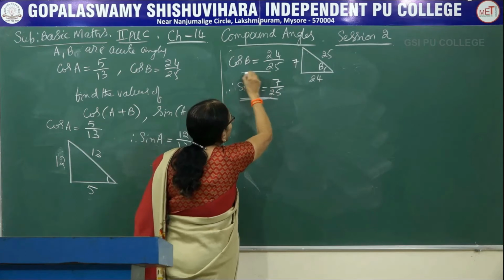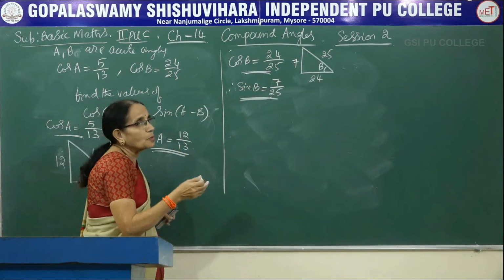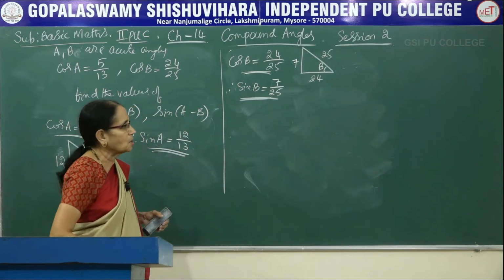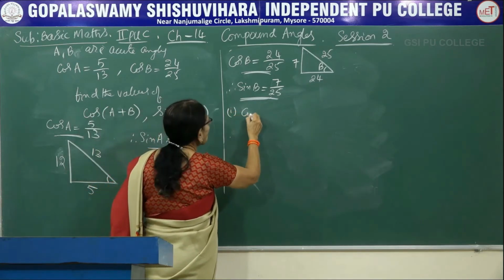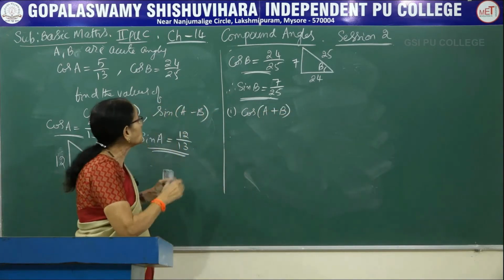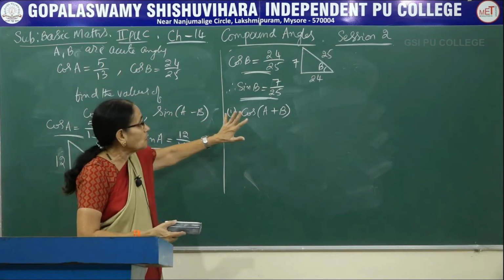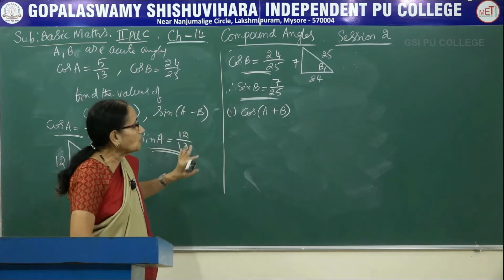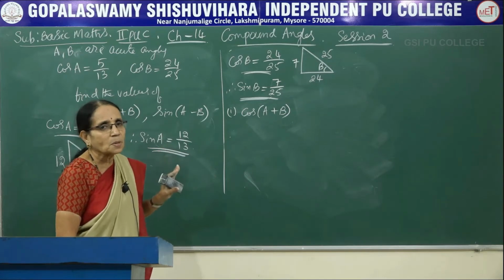So these are the 4 values which we need. 2 have been given, 2 we have calculated using the diagram and the basic definition of the ratios. Now let me consider the first one. What is the first thing that you have to calculate? Cos of A plus B. You observe in both the problems A and B were given to be acute angles. So I am not bothering about the sign because all of them would be positive here. Therefore, we need not worry about the sign. If the angles are lying in different quadrants, you have to be extremely careful.